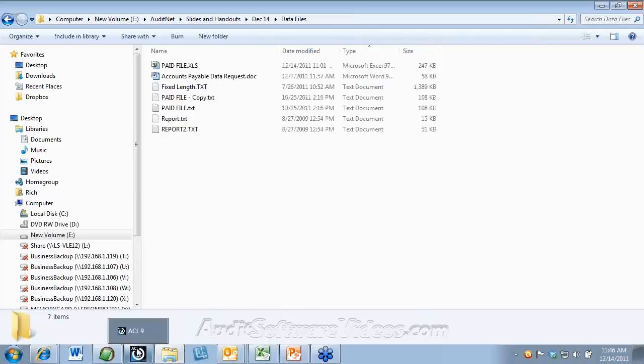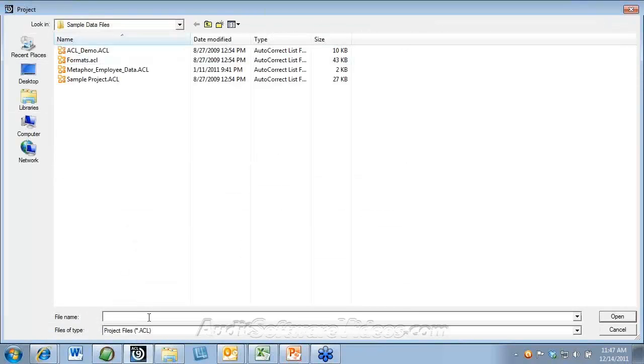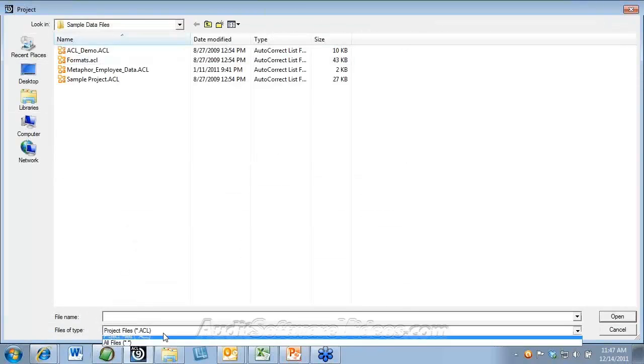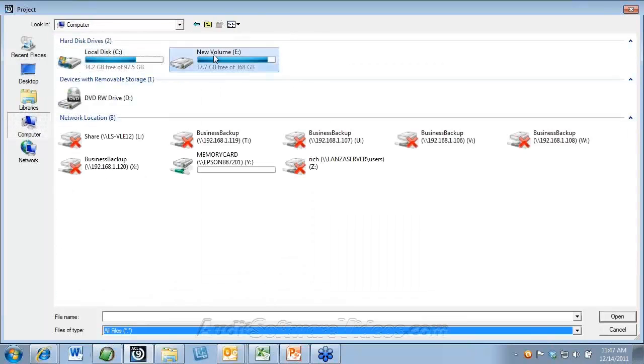Going into ACL, even though this is a simple ACL tip and I'm sure everyone knows this, I just have to note it. I find it really interesting that a lot of people will sometimes go to ACL and try to open up their data file, and they'll say, well, the project files are, that's not right, and then they'll kind of go